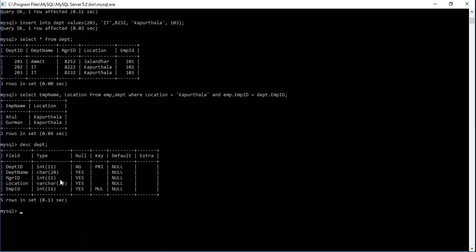So here we can do this: select sum SAL from the first table EMP, comma, second table DEPT, where